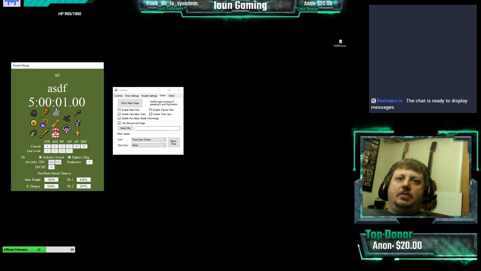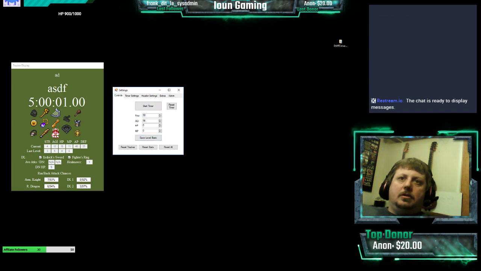And if it's the fighter's ring, it would also adjust that if this was not selected. Now you see that it's not selected. It adjusts it as if you had that item instead of the current item that you have selected. And you'll see here if I add 50 power,